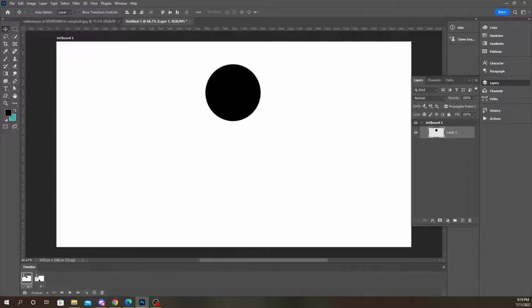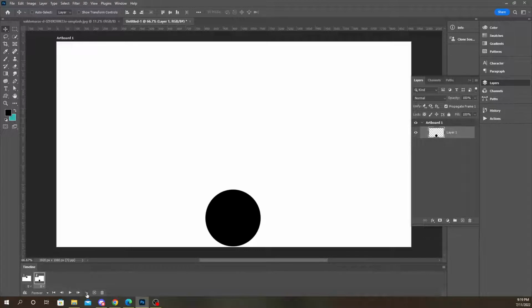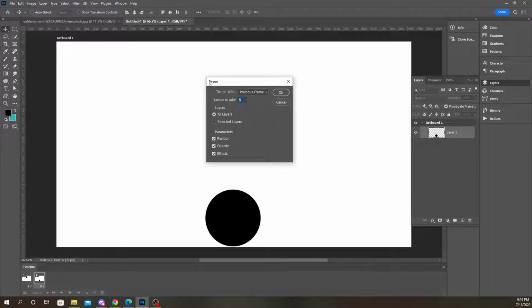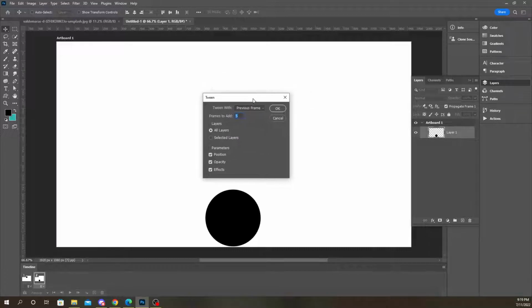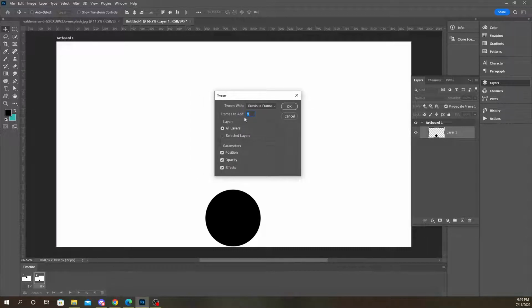Just click the button next to the plus sign. It shows a circle, like it's moving. Click that, and you'll see this tween option come up, and you could choose how many frames you want to fill in